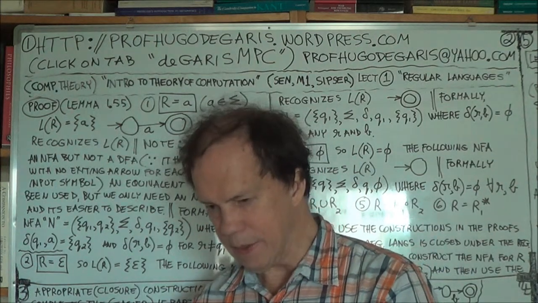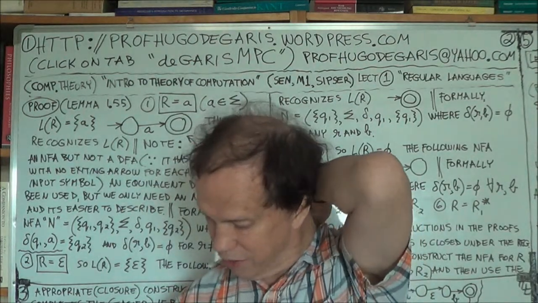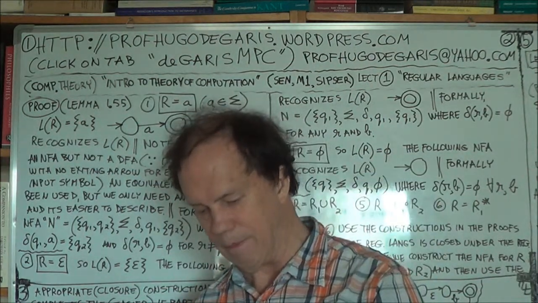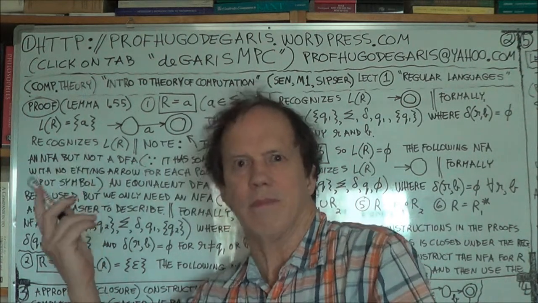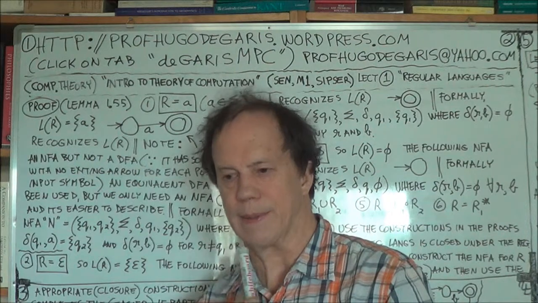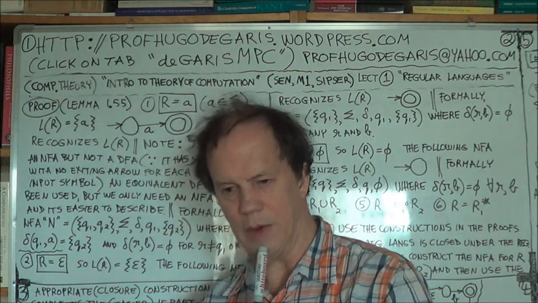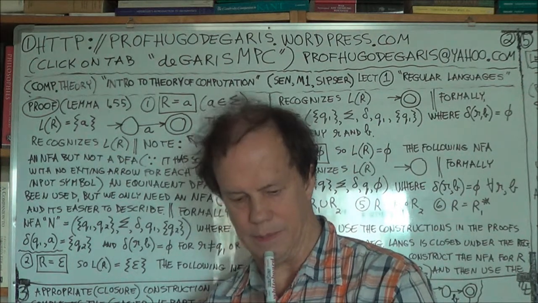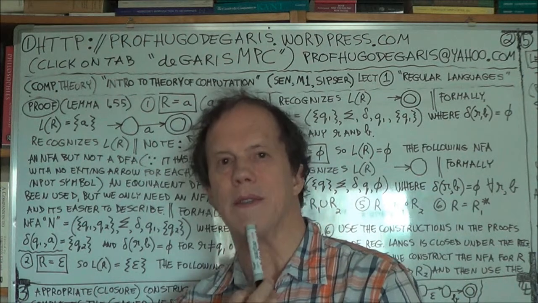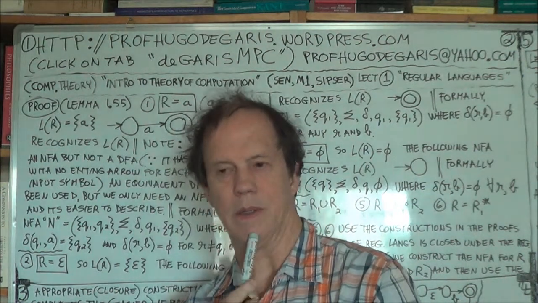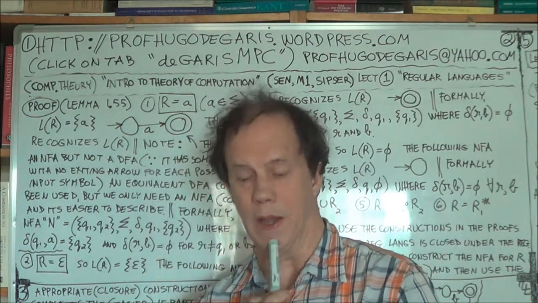Okay. Now, the lemma, the if part: if a language is described by a regular expression, then it is regular. So we're starting with a regular expression. We've just got some regular expression, whatever it is, and then we have to show that the language it describes is a regular language. So how do you do that? And that's the proof, right? That's the if part of the proof. Well,